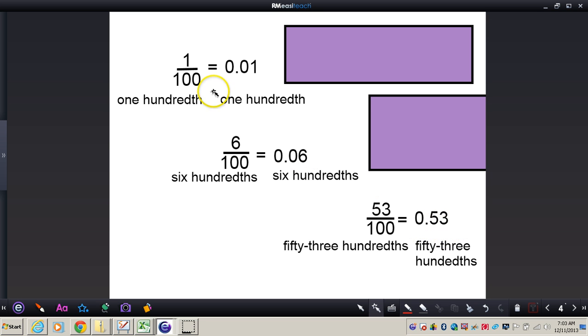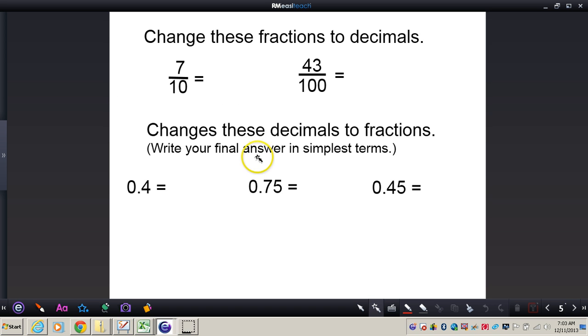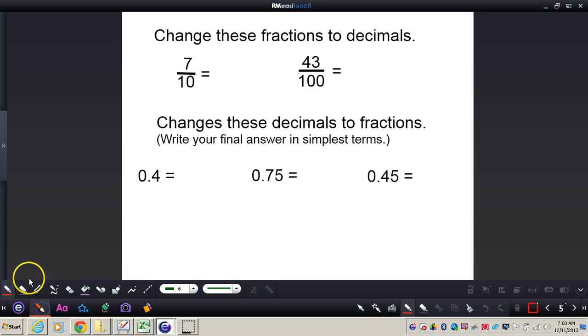So you can see, knowing the denominator, knowing your decimal place value will help you out with fractions only with powers of 10, only with 10, 100, and 1,000. And 10,000 and so on. Not necessarily just some different fractions that we'll look at here in a second. Now if we're taking a look at changing these fractions into decimals, these are pretty simple. We don't need a calculator or anything like that. Fractions to decimals, 7/10 would just be